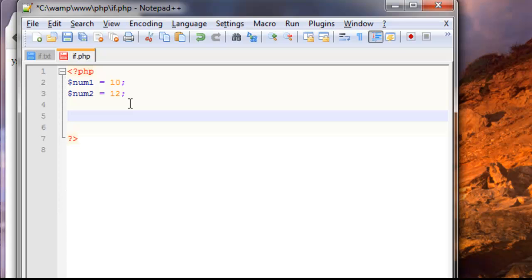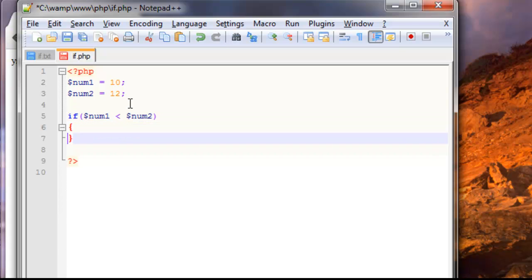And here, how we're going to do this is start off real simple with an if, and two parentheses. Within the parentheses, this is where we're going to see if something is less than, greater than, less than or equal to, greater than or equal to, or if something is equal to something else. So let's start off with the less than one first. We'll say if num1 is less than num2, then we're going to print to the screen, or echo to the screen,